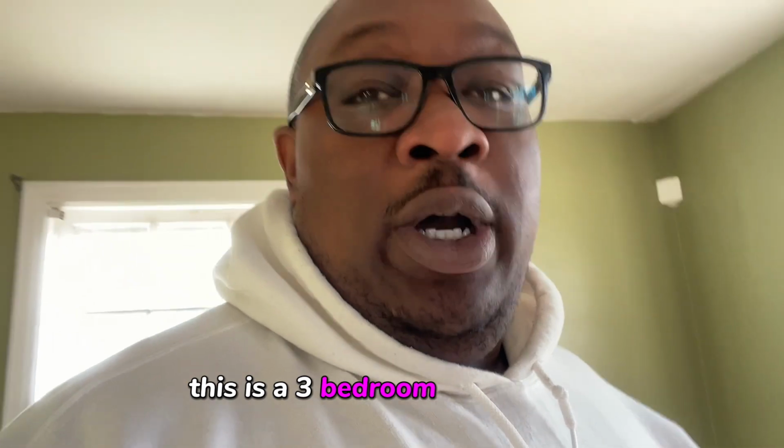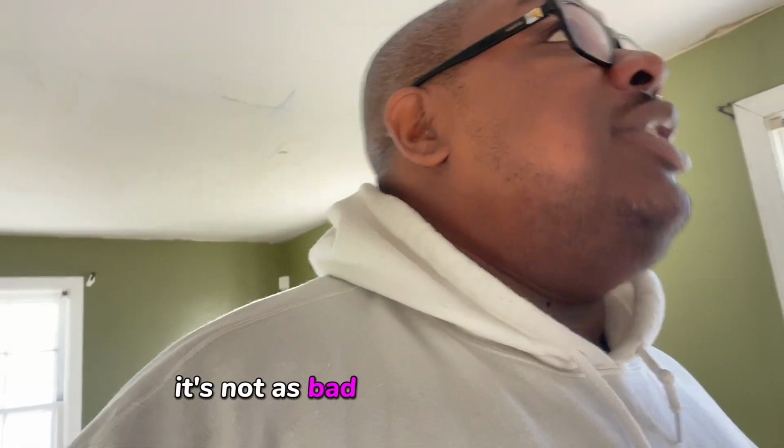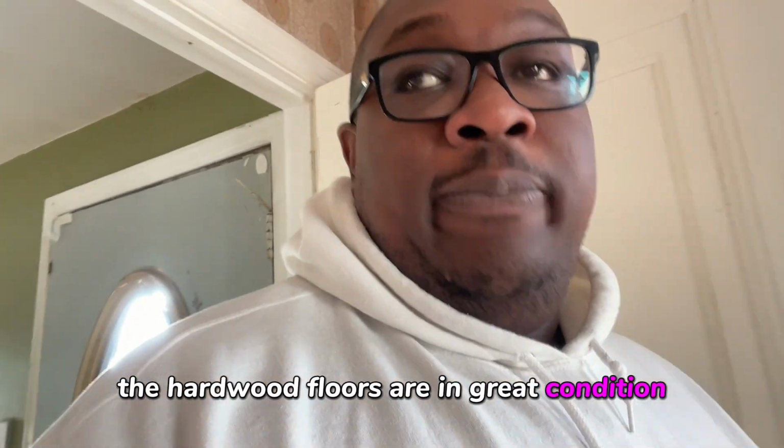So this is a bank-owned property. This is a 3-bedroom, 1-bathroom. This is a foreclosed property. So it does need some work. It's not as bad as you would think, in my personal opinion, but it does need some work. Definitely need some paint. The hardwood floors are in great condition. Definitely needs a new kitchen, new bathroom,